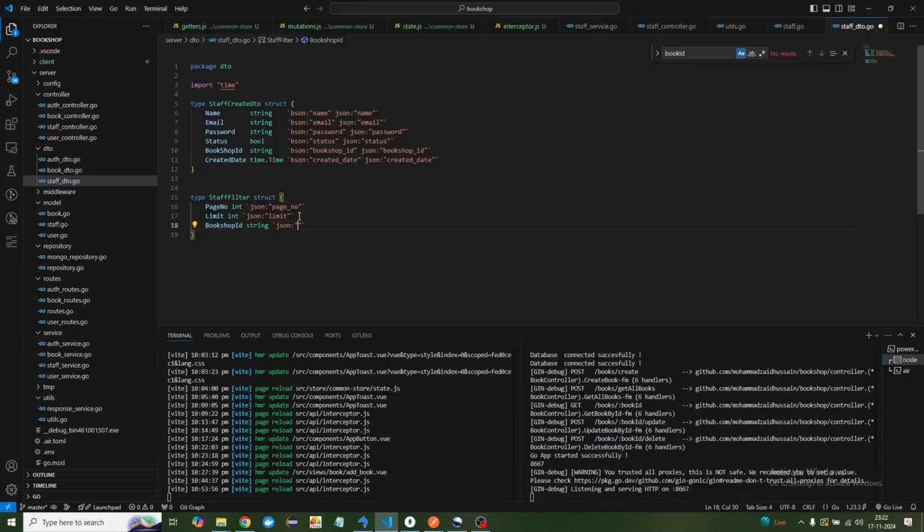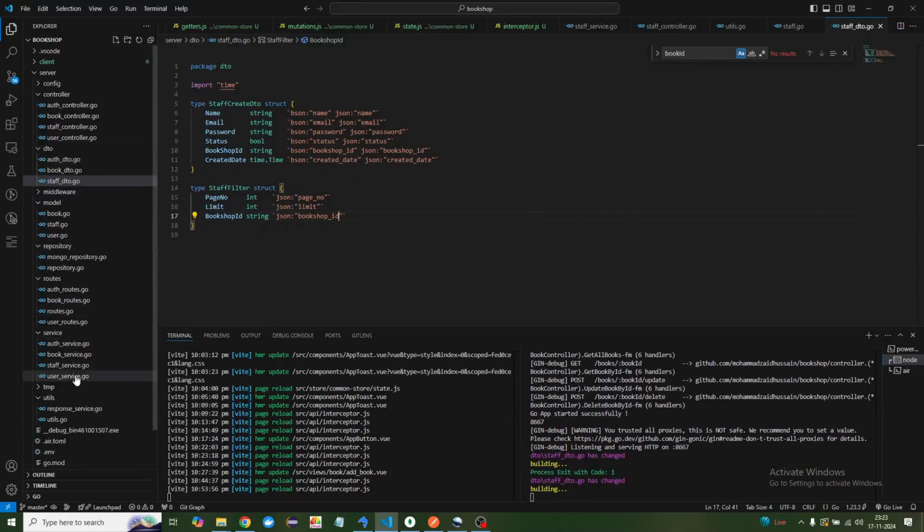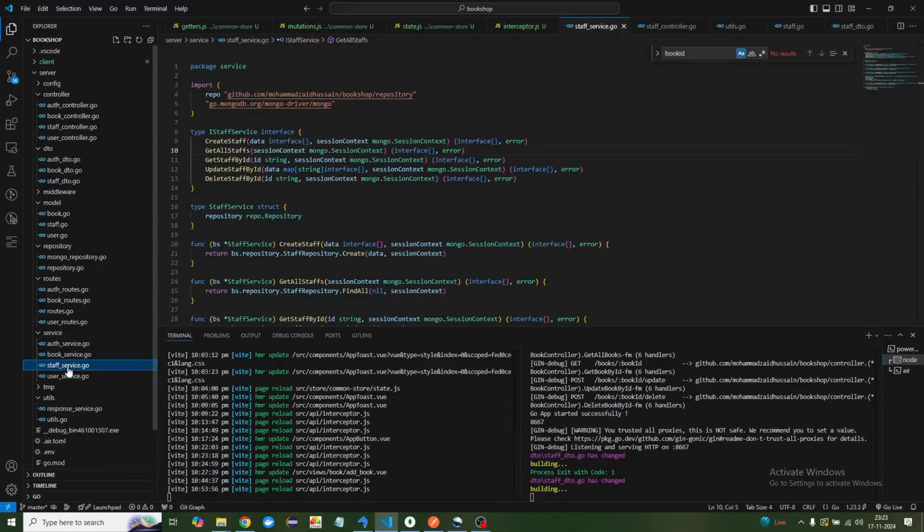I'll say JSON and bookshop underscore ID. So in the body we'll be passing the bookshop ID, and then based on the bookshop ID we are going to fetch all those details, right? I will just save it and go back in service first, staff service, and here if you can see